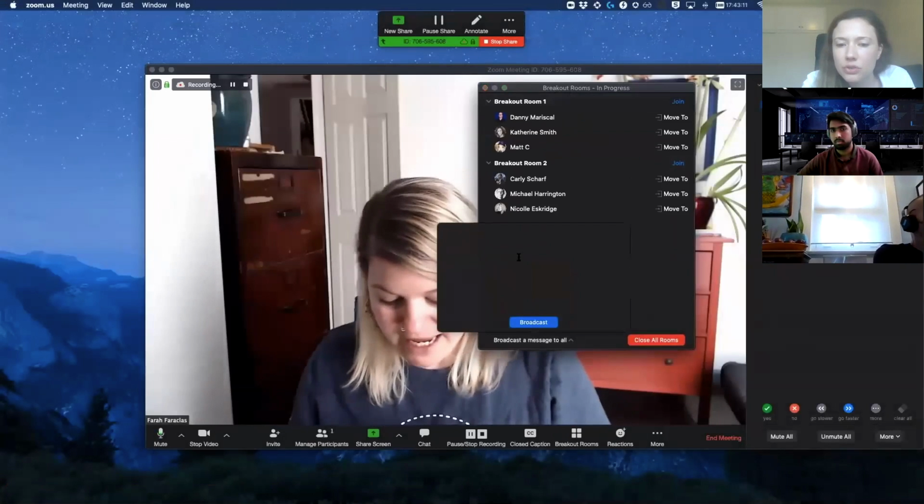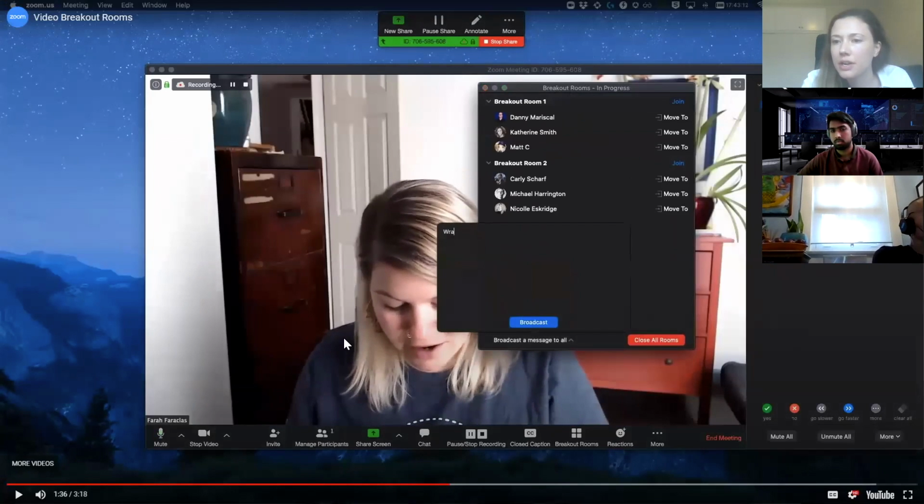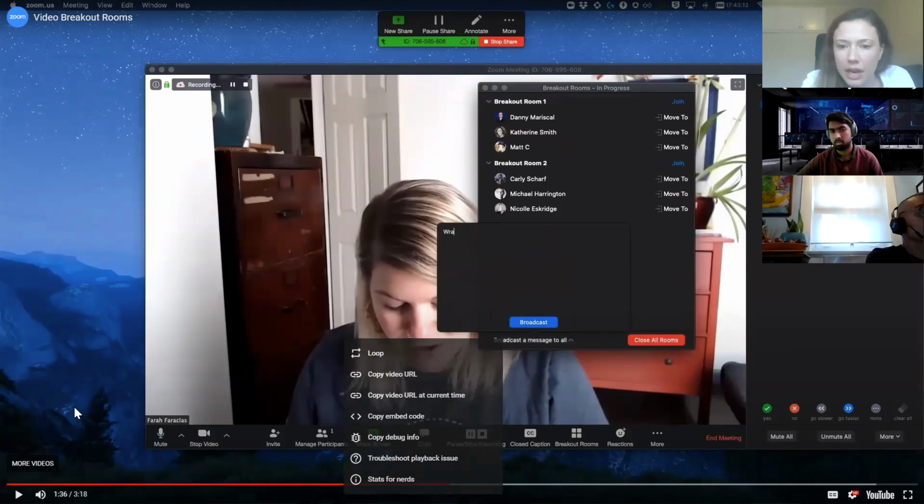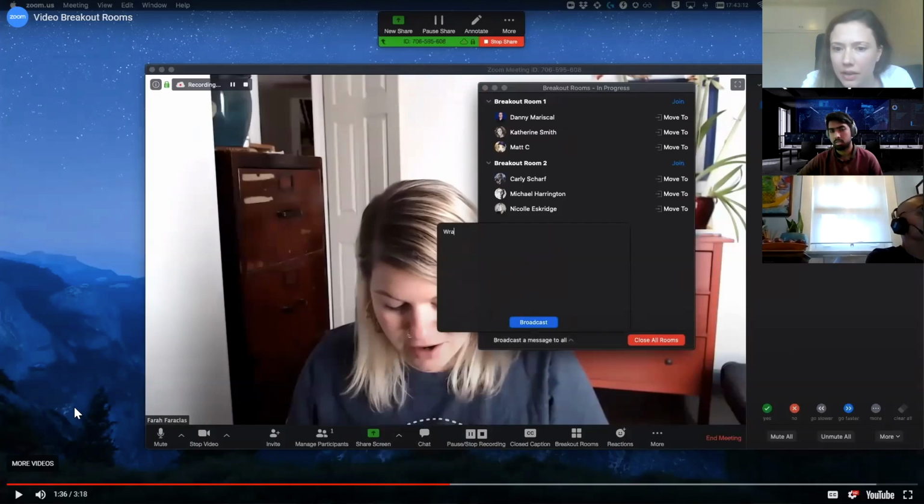So I know it's true for me when I have screen sharing here because I'm the host, that I click on where it says screen sharing. I have a little arrow in the top right, and then advanced sharing options pops up, and it says who can share. Right now I have only host, so I'm going to click all participants. That's how I do it, so that everyone can share their screen during a meeting or something like that.